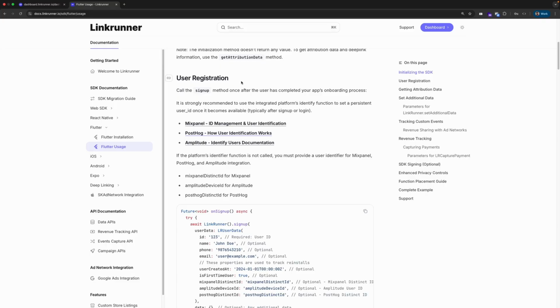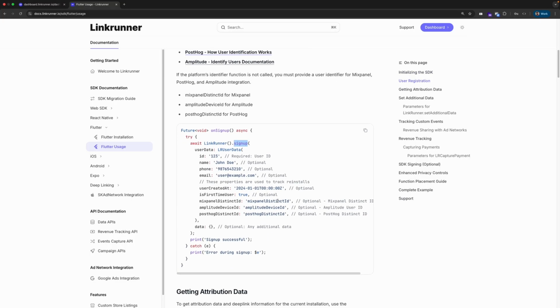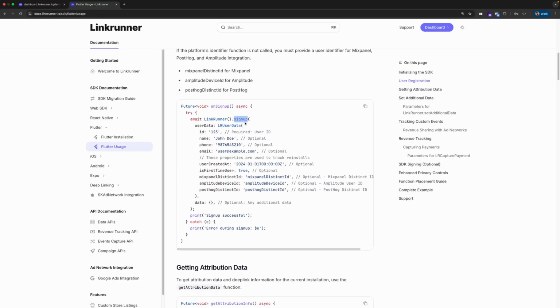Second is the user registration method, which is the sign up method. Whenever a user creates a new account or an older user who already has an account on your app logs back in, you're supposed to call this method. Make sure you only call this method once during the app's cycle. Don't call it every time someone opens the app. To integrate the sign up method,